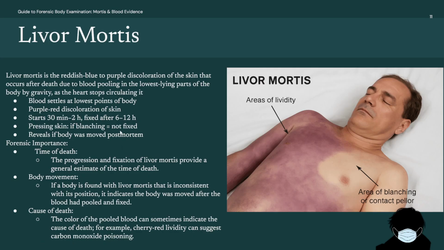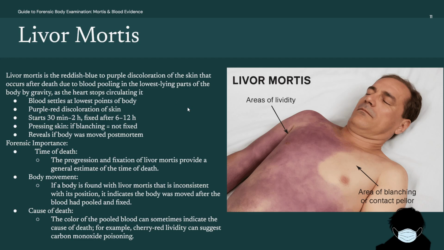Now, livor mortis. Livor mortis is the reddish blue to purple discoloration of the skin that occurs after death due to blood pooling in the lowest lying parts of the body by gravity. As the heart stops circulating it, the blood settles at the lowest point of the body. The purple red discoloration of the skin starts at 30 minutes to 2 hours,